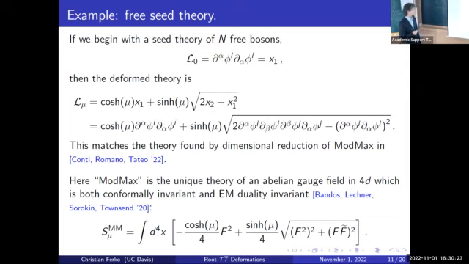Or if we plug in the explicit expressions for x1 and x2, it looks like this sort of funny combination where you have the ordinary kinetic term and then the second modified term multiplying the sinh that is some funny combination of a square root of 4 field interactions. So this looks kind of strange, but as I alluded to before, this is related to the 4-dimensional modified Maxwell theory, this ModMax theory. As I said before, this is the unique one-parameter family of 4-dimensional gauge theories for an abelian gauge field that are both conformally invariant and electric magnetic duality invariant.